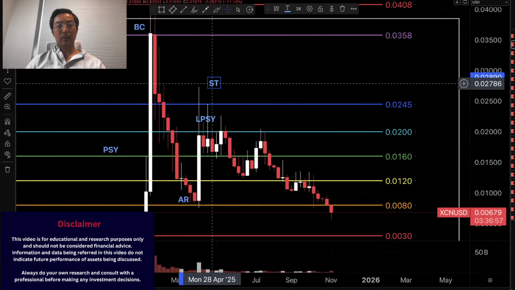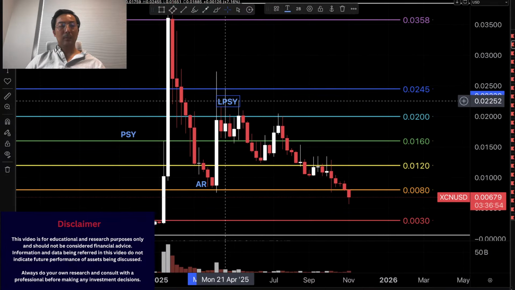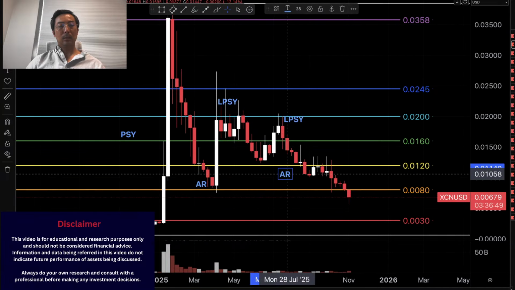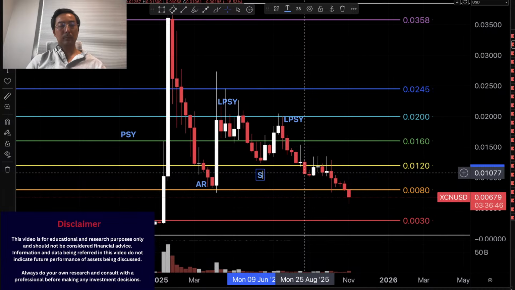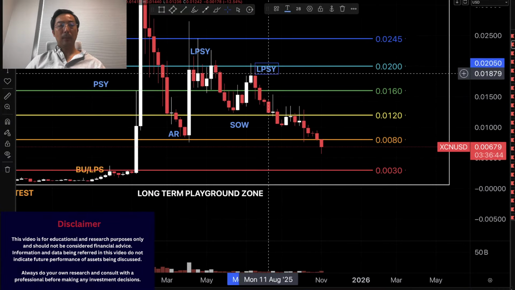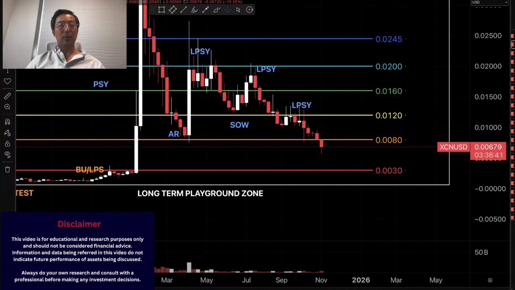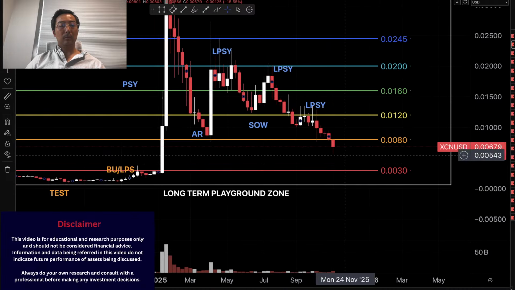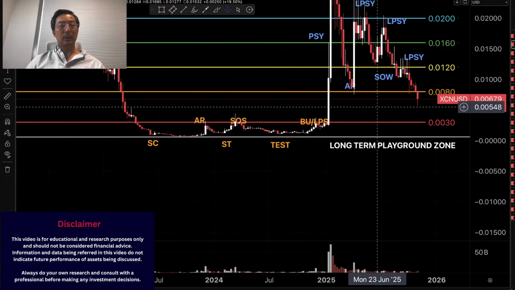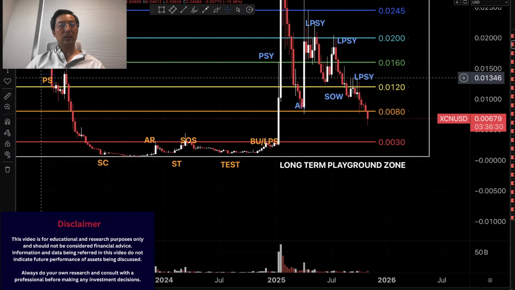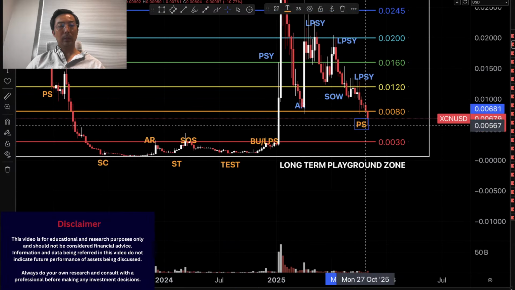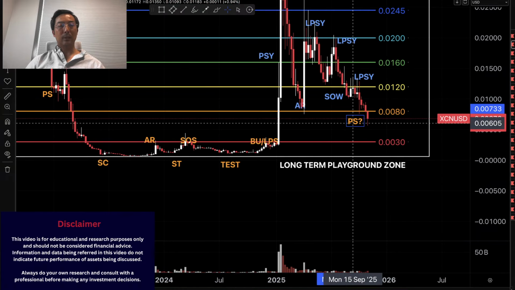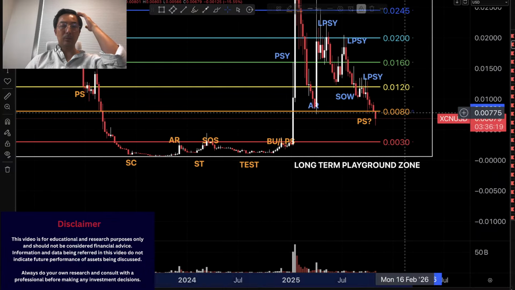No, sorry. Wrong button. Yeah, and then here there's a sign of weakness, and then another LPSY. If I change to a line chart, you can see those peaks over there. Okay, and where we are now is kind of interesting because it's lower than that PS period. So we may likely be already in the early stage of accumulation, right below this orange key level